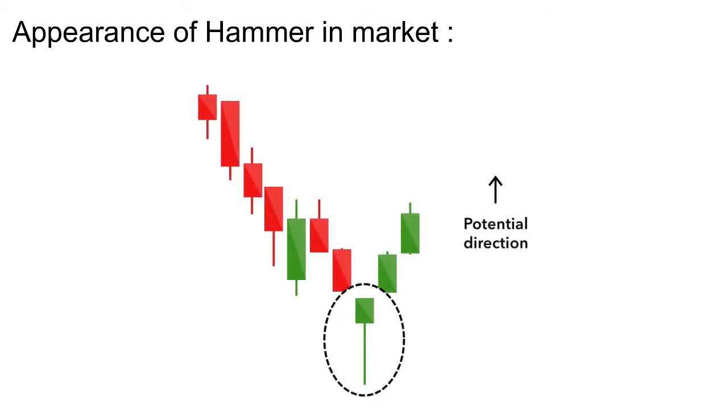During the downtrend, when the hammer pattern forms, it means the market reaches a new low. Then there is some buying interest, and the prices go higher and close near the high point of the day. This clearly indicates that bulls are successful. So the market is expected to move higher in the upcoming trading sessions.